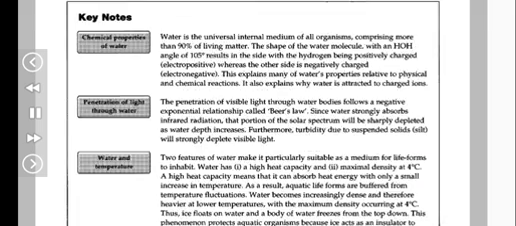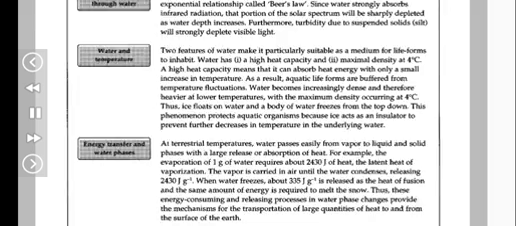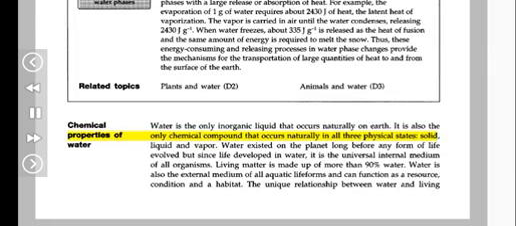It is also the only chemical compound that occurs naturally in all three physical states: solid, liquid, and vapor. Water existed on the planet long before any form of life evolved, but since life developed in water, it is the universal internal medium of all organisms. Living matter is made up of more than 90% water. Water is also the external medium of all aquatic life forms and can function as a resource, condition, and a habitat. The unique relationship between water and living